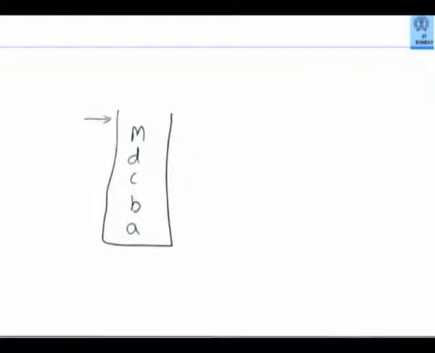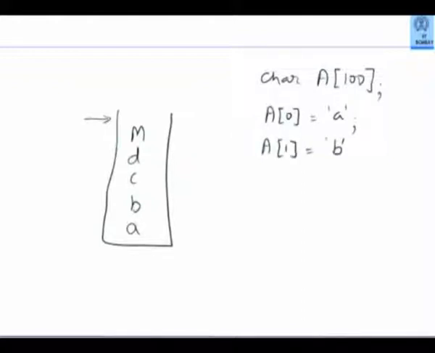If I declare an array, then I could say A[0] is A, A[1] is B, and so on.